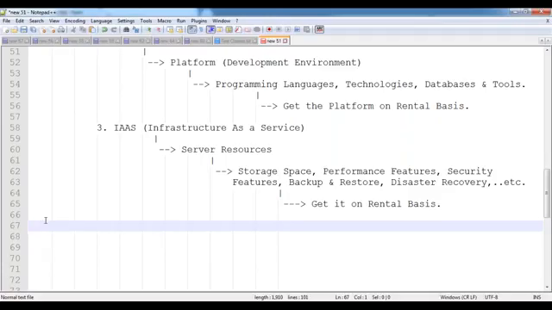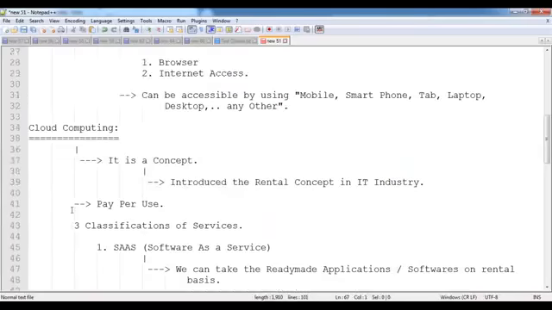Now the theater people pay the money to the provider, like the producer, and they get access to that movie file. They play the movie inside the movie theater by accessing it through a satellite device, a small device, through that cloud space, every day 4 times. That means everything is available inside the internet. From there only we are accessing the features. No need to install anything in our local system. No need to make a huge investment. Everything is accessible over the internet itself. If the movie file is available on the internet, then to play it in your local system you can make a payment of 50 rupees or 100 rupees and watch the movie online also. That's why everybody is using cloud services nowadays.